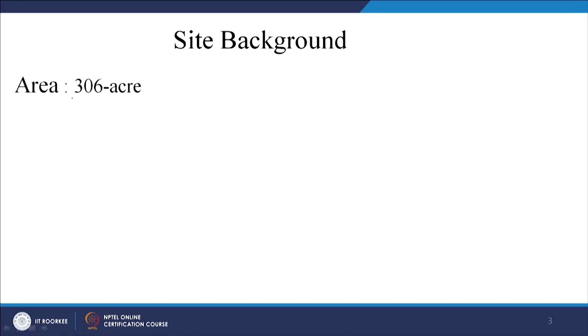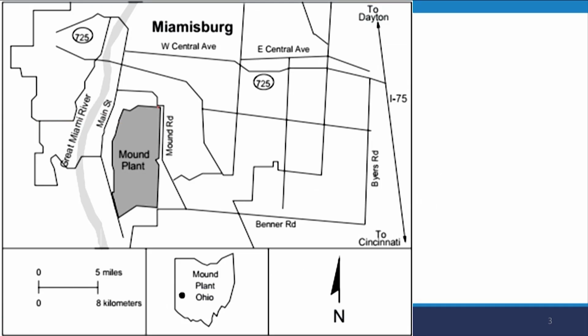So obviously it is a considerable site, and typically we are looking at this particular plant, the Mound plant. We are going to look at better maps too, but you should be able to get an idea about this. So you have Mound Road on one side, to the east, and I believe to the west you have Main Street. This is north out here. I believe this is Ohio. So anyhow, we have this particular Mound plant, and I believe we have sections of this particular plant.